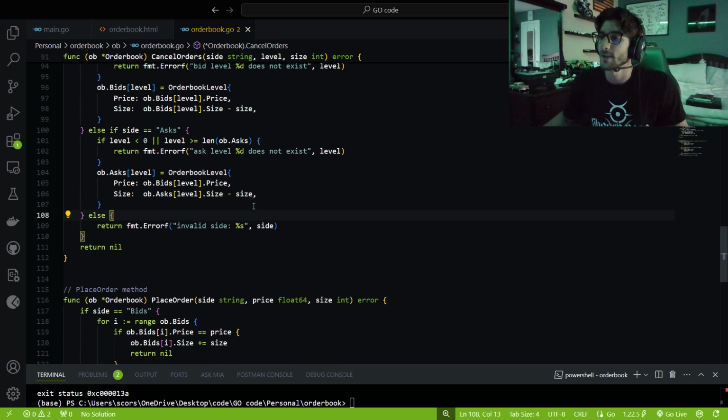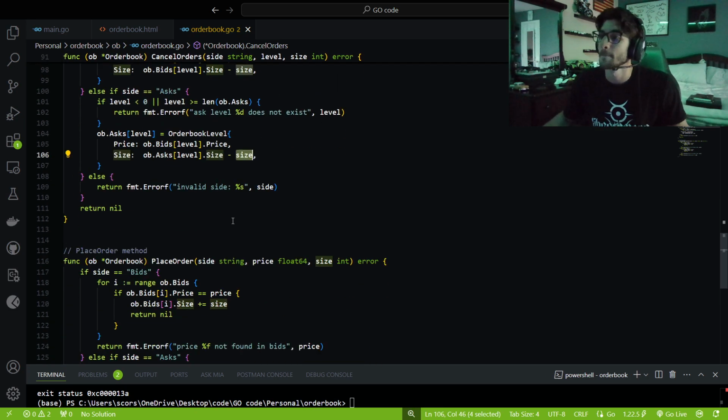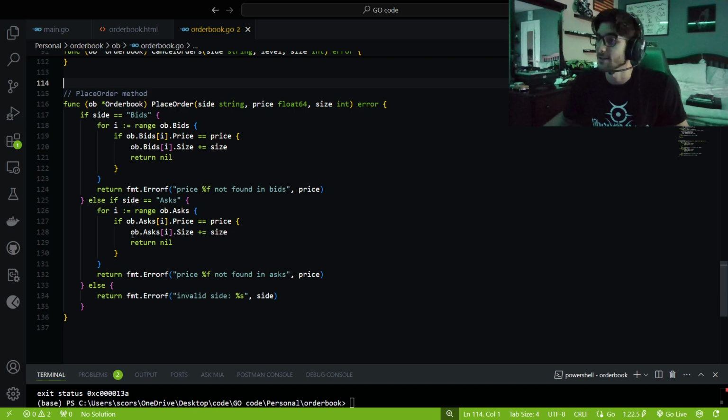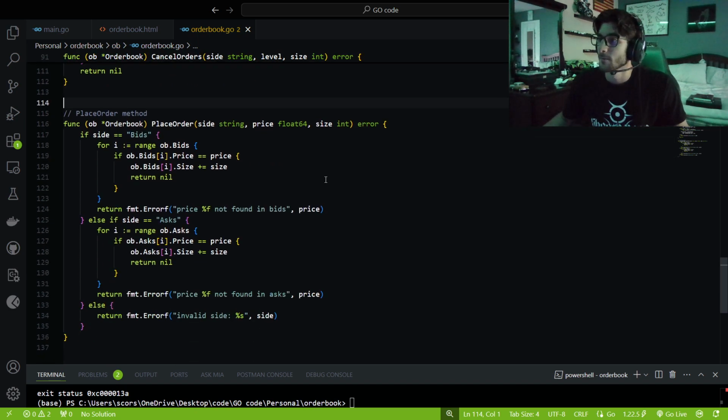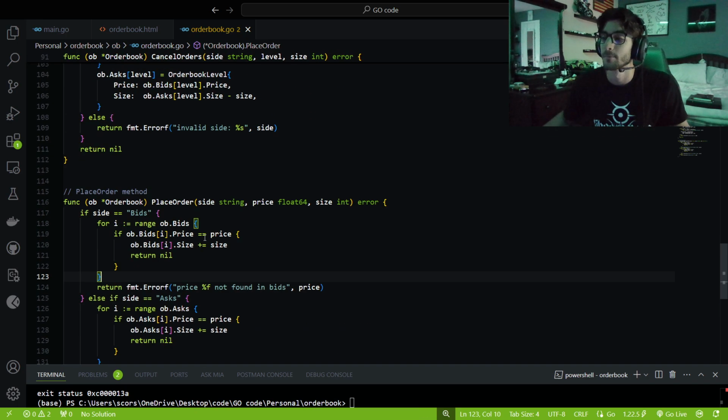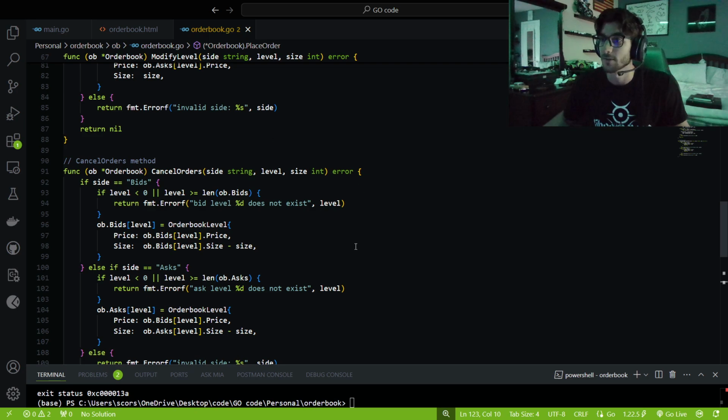Because cancel orders, we actually subtract from the current size the size that we pass in. And then to place an order, exact opposite. We're going by price to specify where we want to put this order, not by level like these two functions.